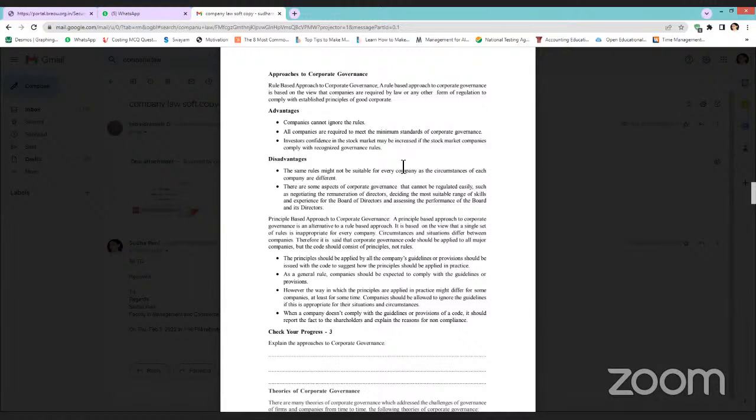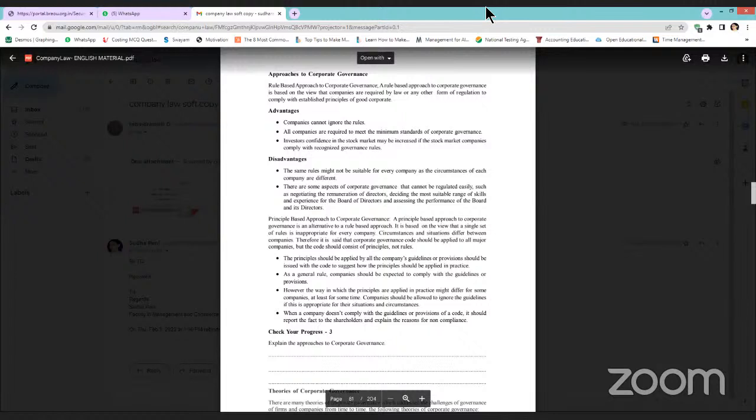Coming to the disadvantages, the same rules might not be suitable for every company, as the circumstances of every company are different. So this rule-based approach may not be suitable for all companies. Only certain companies may be able to follow it. For certain companies, it is not possible. They may not be able to follow. Say, for example,